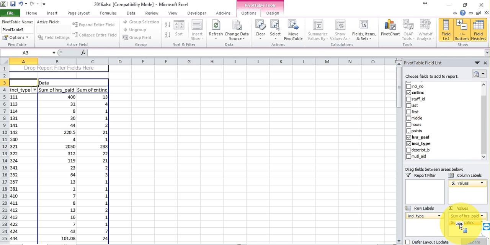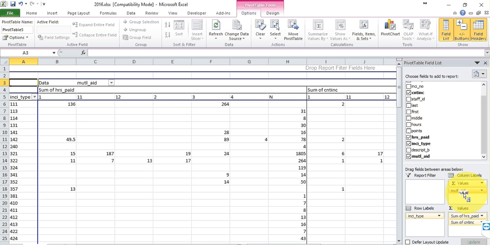Now, I think there was one more thing we wanted, which was mutual aid. Is that correct? Yes, please. So what I'm going to do is drag mutual aid down into the column labels. And this should give me